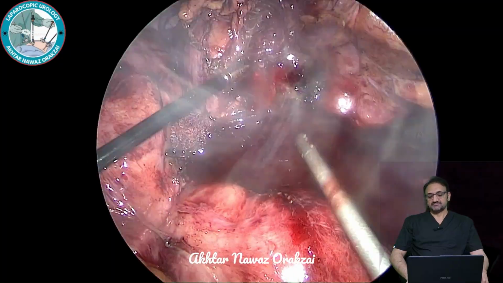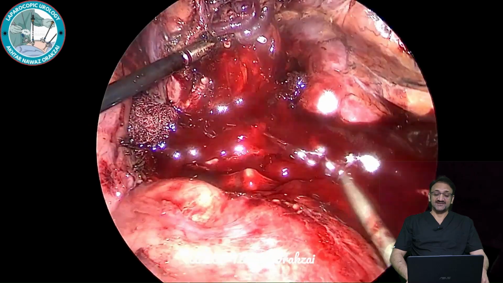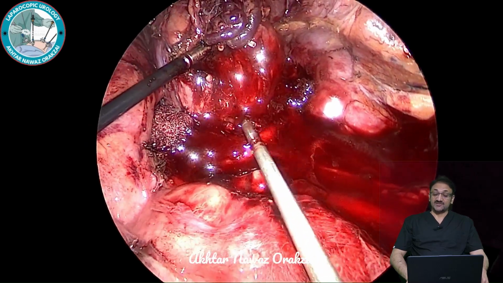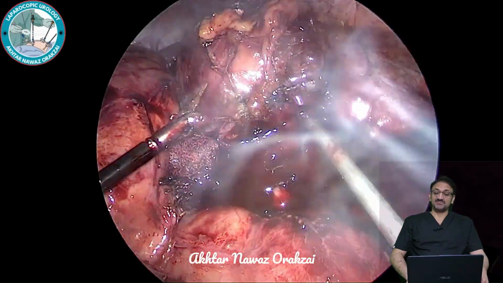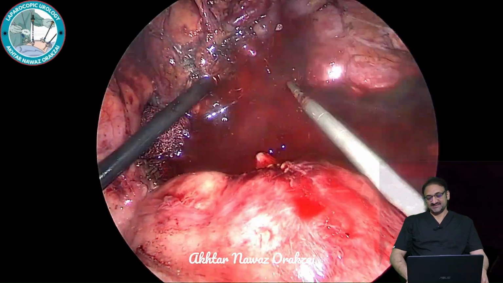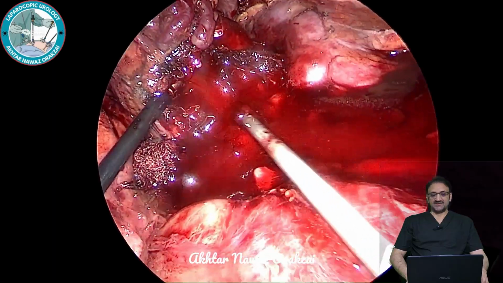However, in the meanwhile, I don't know about the patient's adrenals, but our adrenaline is at peak as well. So you can see